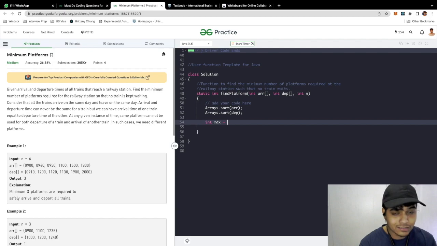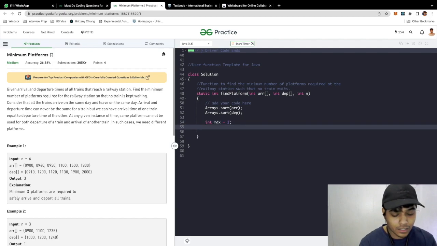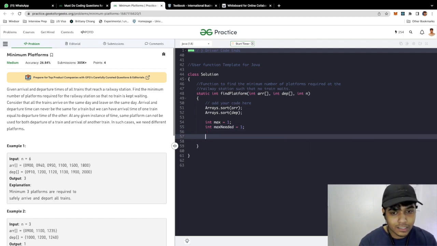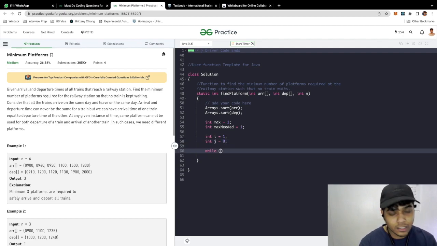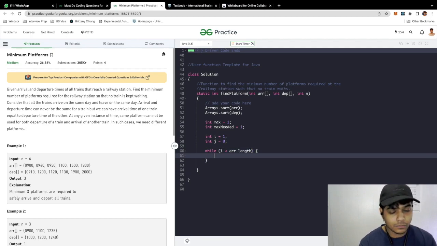So I'm going to initialize max to 1, and maxNeeded to 1. And we need 2 more indexes. So index i is equal to 1 and index j is equal to 0. And we are going to have a while loop indicating that i should be less than array length, and then we are going to go in and